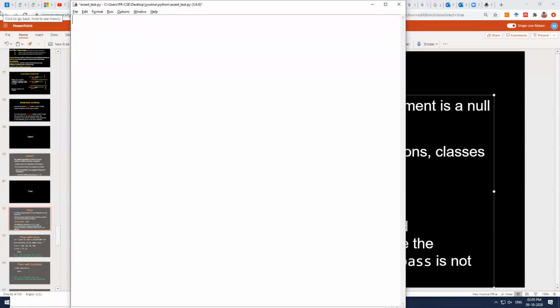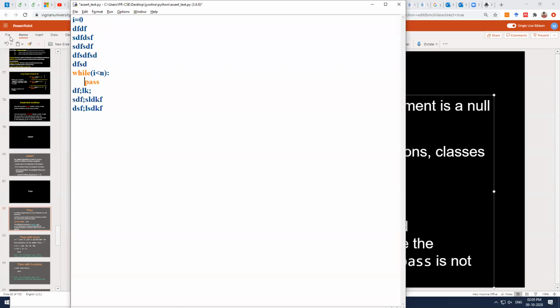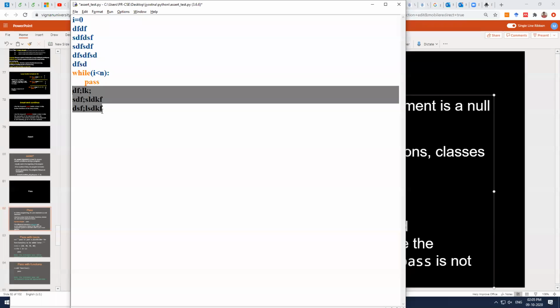So let's take an example. I'm writing some sample statements, something like i equal to 0, and I don't know what I want to write inside this loop. I'm not getting any idea as of now. Of course, I have certain other statements like here and all. I have a lot of statements in between. For these statements I got an idea and I'm able to write them. But inside this while loop alone, I'm not able to figure out what to write. Okay, so I assume these are all valid statements. I have just typed junk.